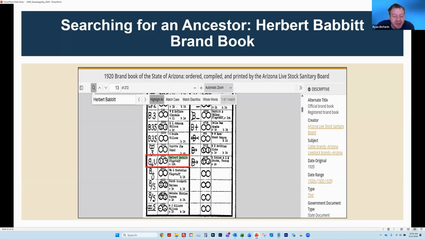If you haven't used these brand books before, you can see on the far left column that's highlighted, that's what the brand looks like. There's no way to search that. But it starts with technically a B. It's categorized as a B, and the brand books are organized